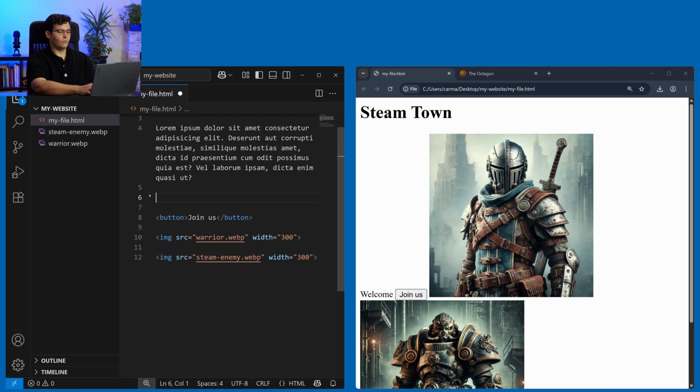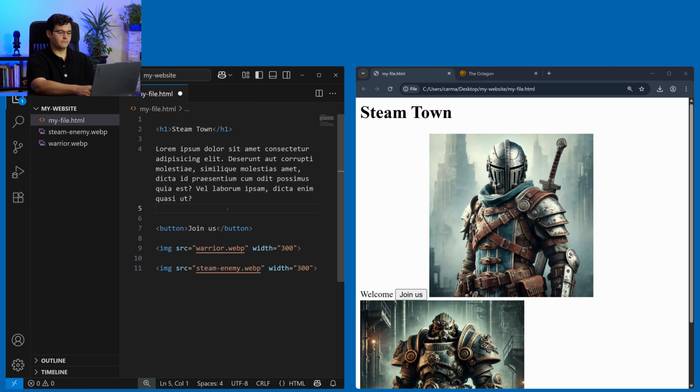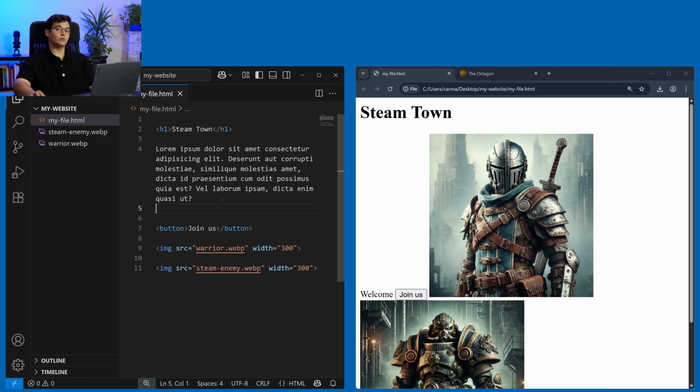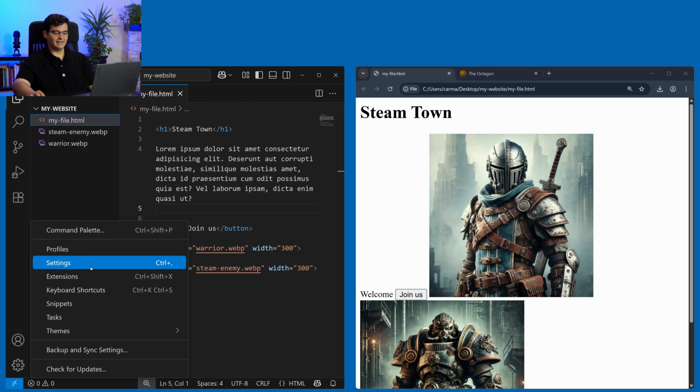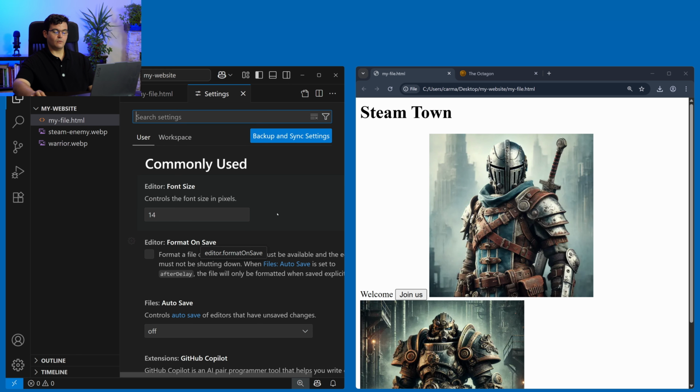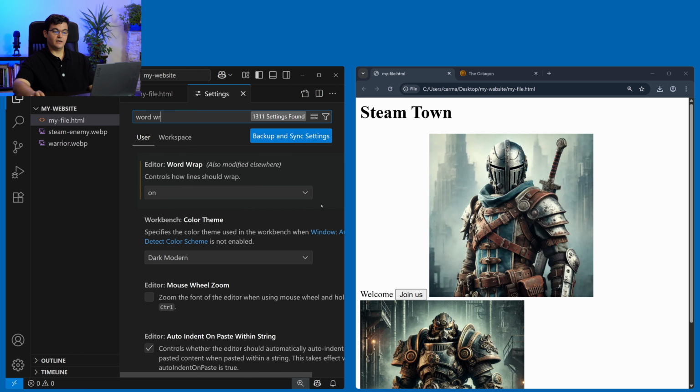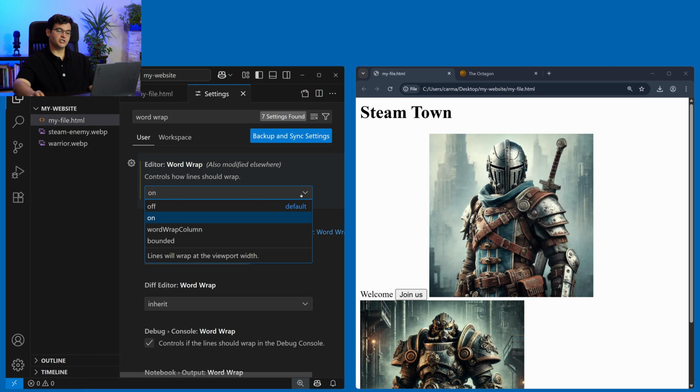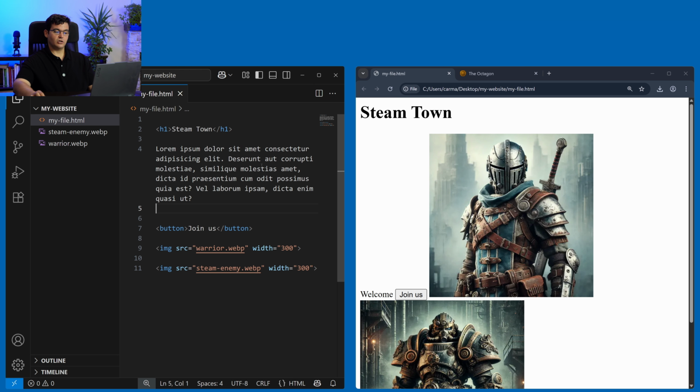Or you can do Lorem 1000 and so on. Now, your text might look like a very long line, like this. Well, there is a way to fix this in VS Code, which is to enable word wrap. So go to the cog icon and then settings and type word wrap in the search bar. You will see that it's off. You can change it to on and then just close that page and the text should now be wrapped and